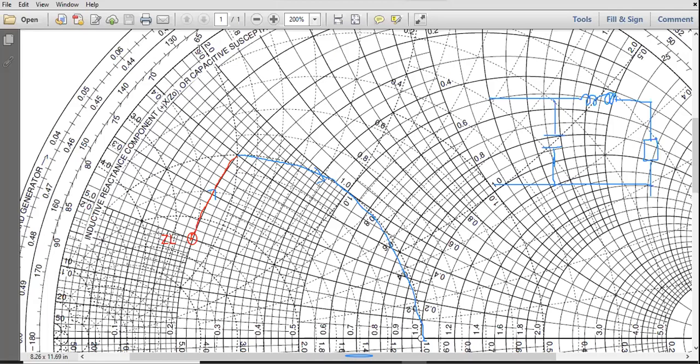So this 0.5 will be the impedance, and we are going on the admittance circle, not the impedance. So definitely this 2 will be your admittance circle. Are you agree with me? Yes, sir. So this 2 will be your admittance circle. So at this point, what will be the value? It is 2.